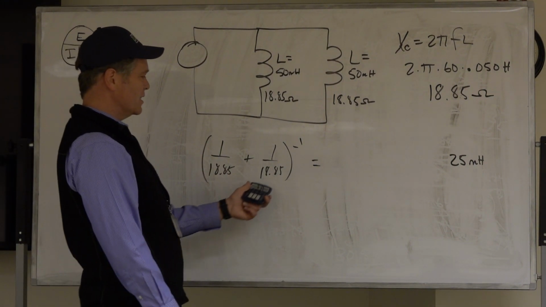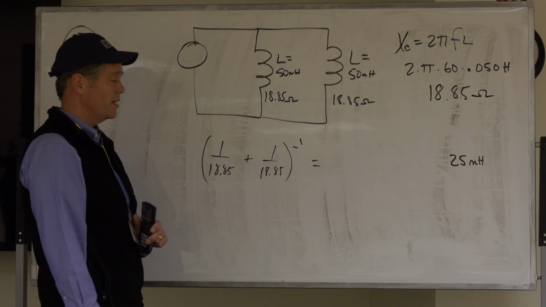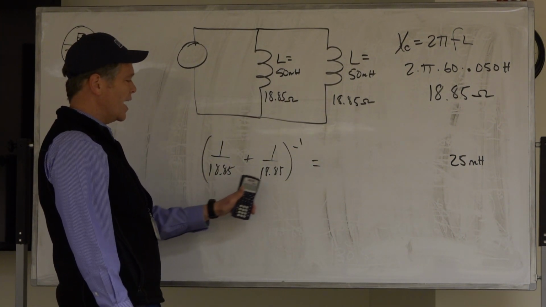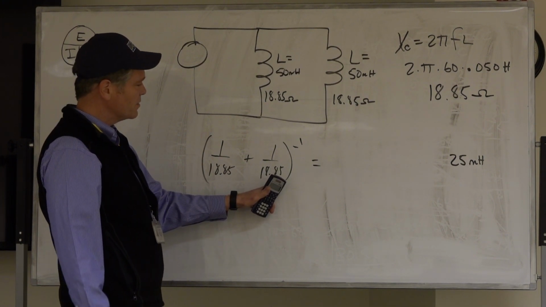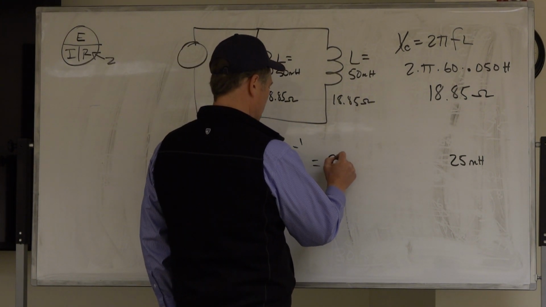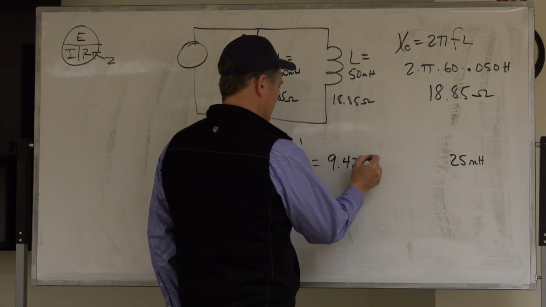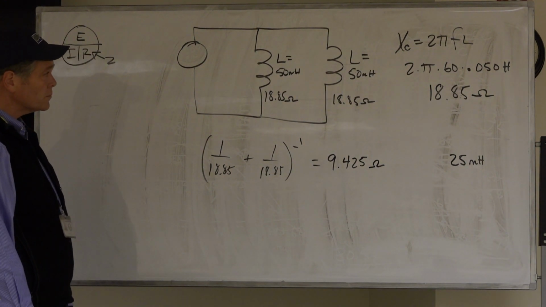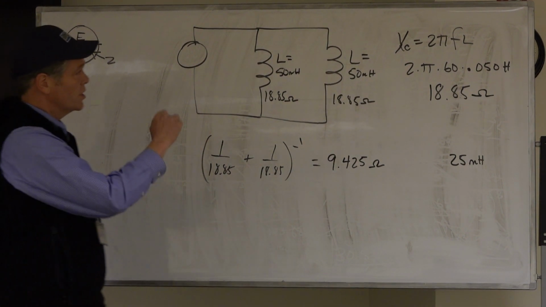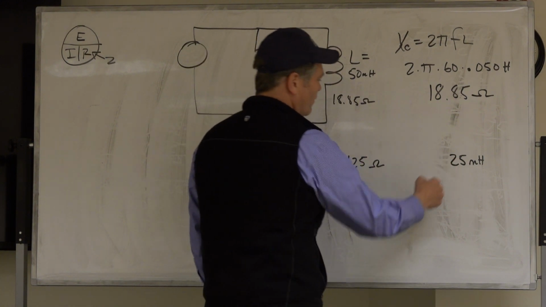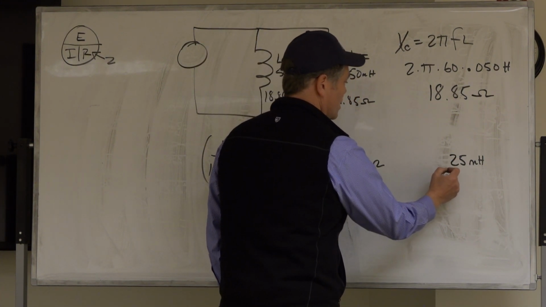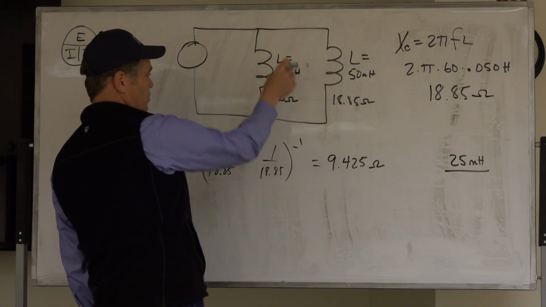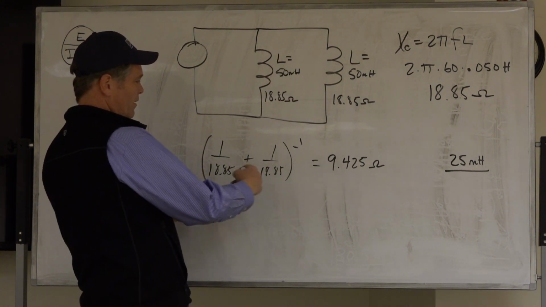Let's see, half of 18 is 9, because I know that's the same as half of these, right? I could do the math with all of this, but I don't feel like doing it. Half of 18 is 9. Half of 85 is 42 and a half. So it's going to be 9.425 ohms if I solve it that way, right? Let's go ahead and do the 2 pi f L for 25 millihenries. Because I solved, first of all, reciprocated these and said, hey, 25 millihenries, put them together. These ones, 18.85, reciprocate those,